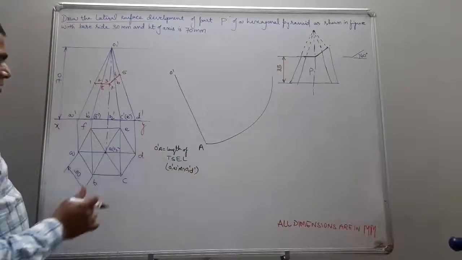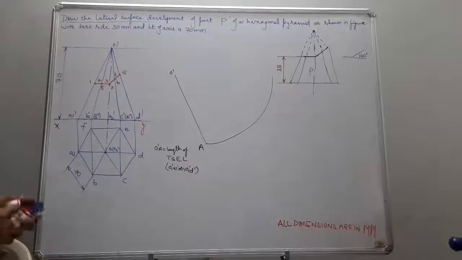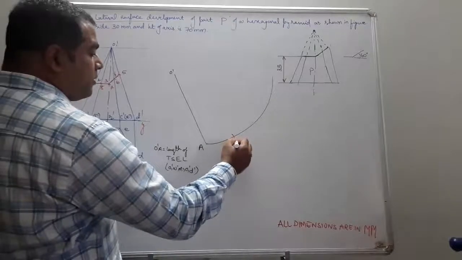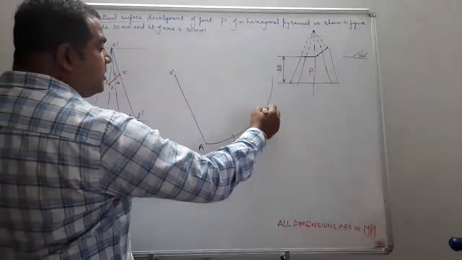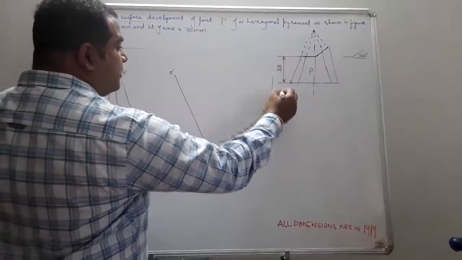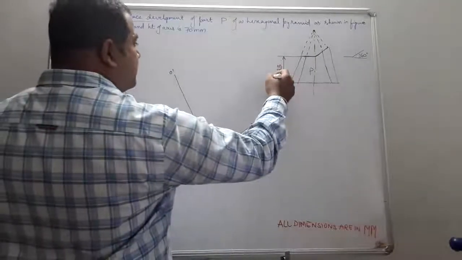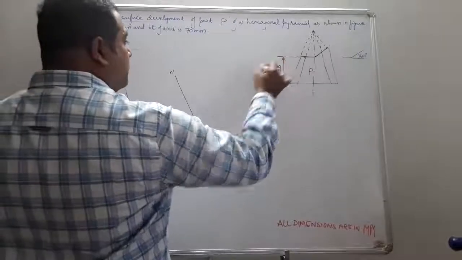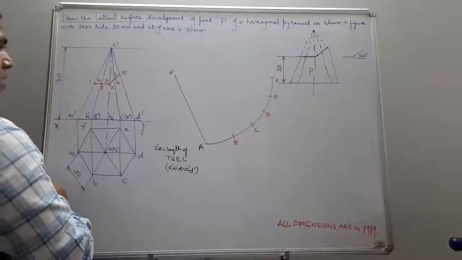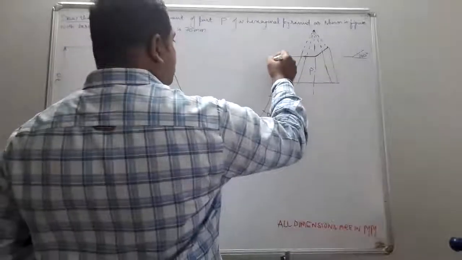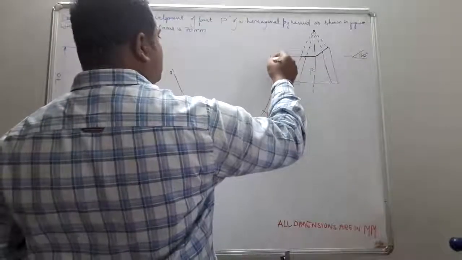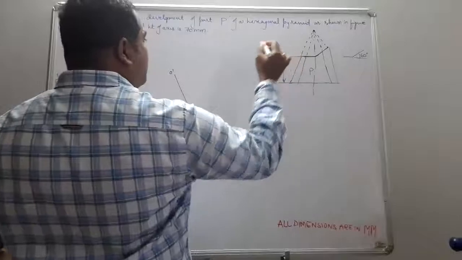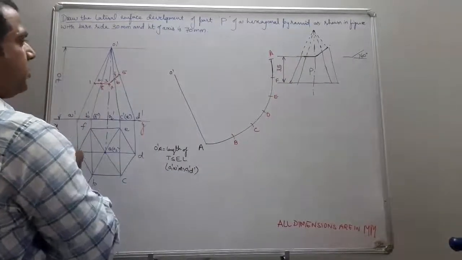Now let us take what was the given side, 30 as side. Now A as center, 30 as radius, draw an arc to obtain B. 30 as radius, C. 30 as radius, D. 30 as radius, E. 30 as radius, F. So that becomes again A. So now close the sector